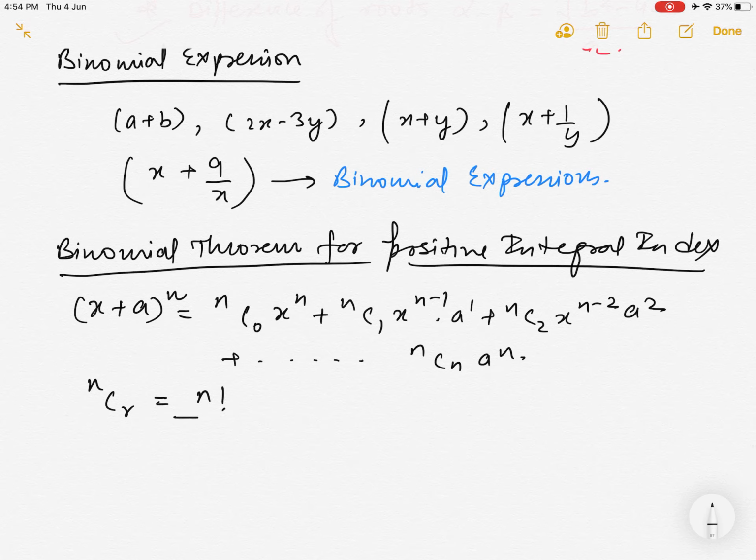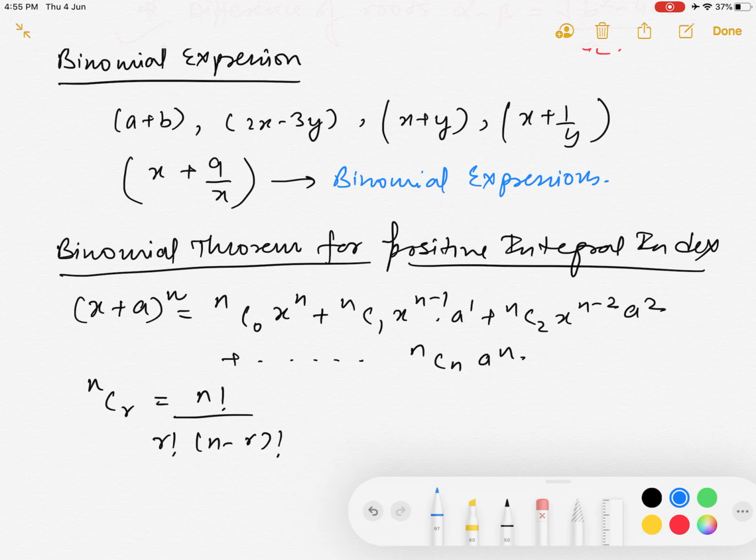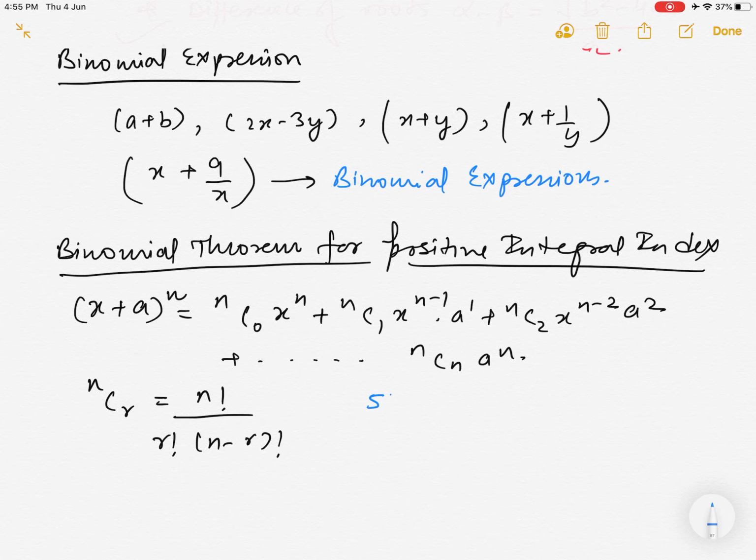Now what is this C, right? nCr, we'll study this in permutation and combination. nCr is actually n factorial divided by r factorial times n minus r factorial. What does it mean? Let's say you have the number 5. After 5, if you put an exclamation sign, or if you write it like this, in both cases we call it factorial of 5. Now what does factorial of 5 mean?